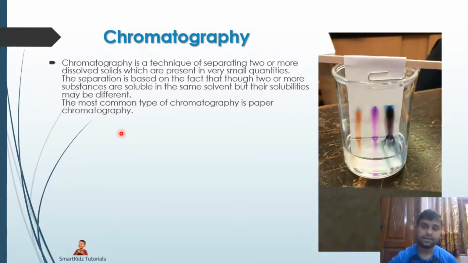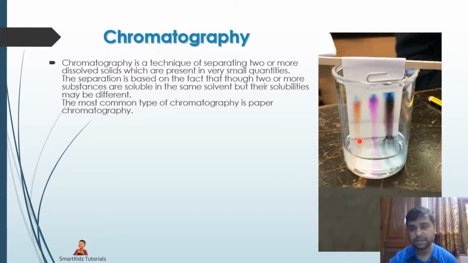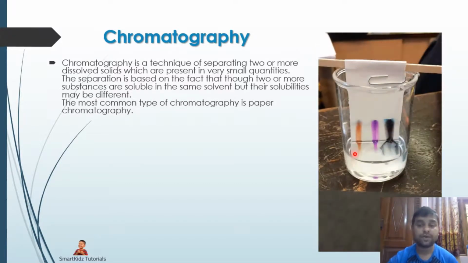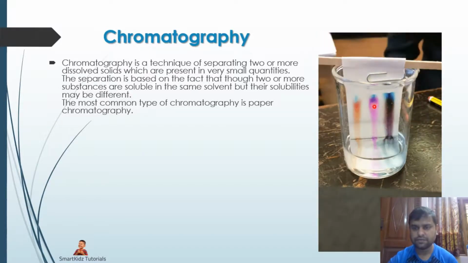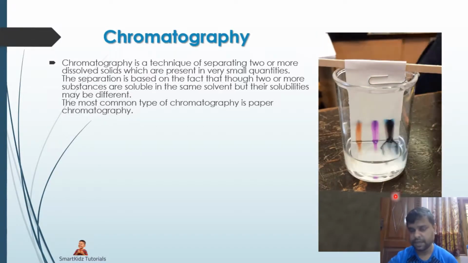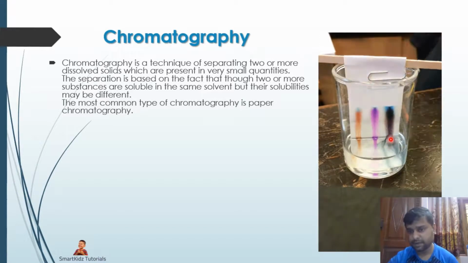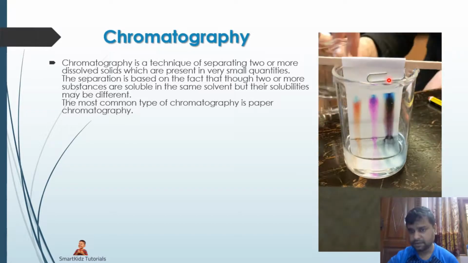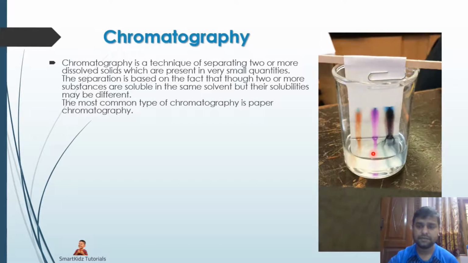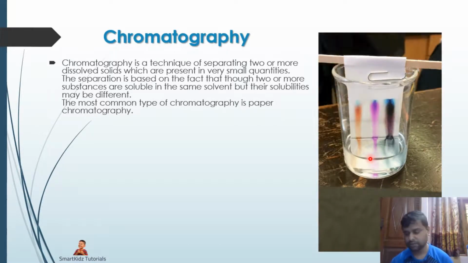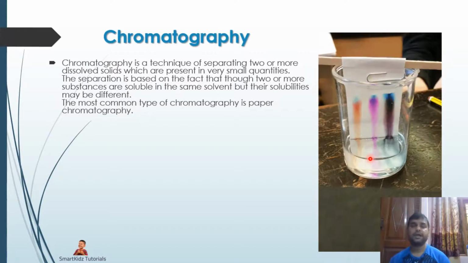Now in this method, you can see three different types of colors. They can be different types of organic solvents as well, which are mixed over here. And you have a solvent over here which moves up this paper. As it moves up this paper, it also takes along with it the other solid that moves with the liquid over here. You see, a simple experiment can also be done, wherein we can use a paper at home,